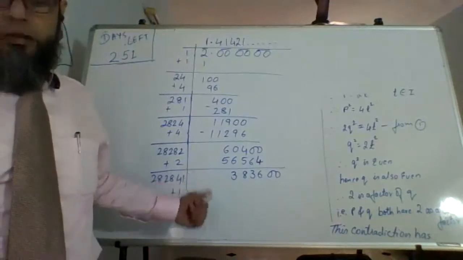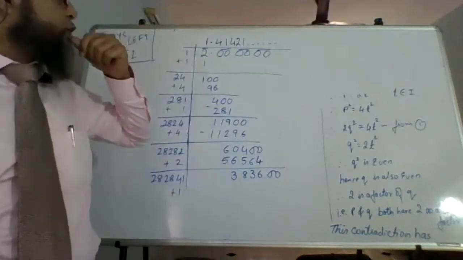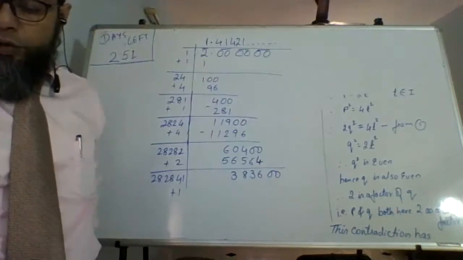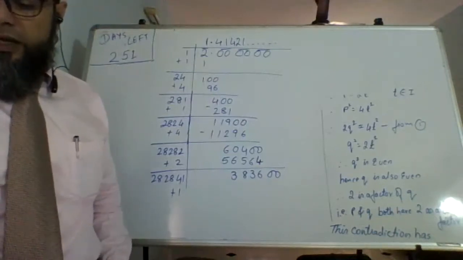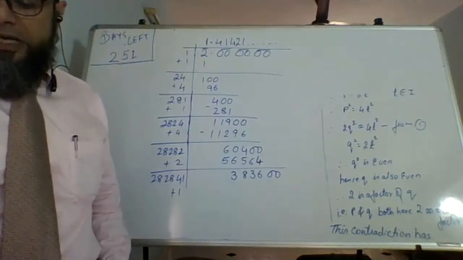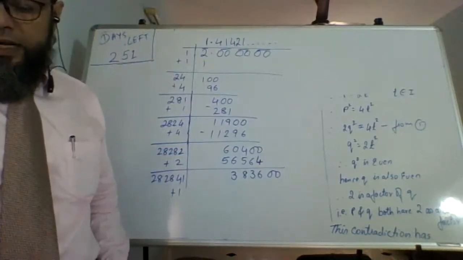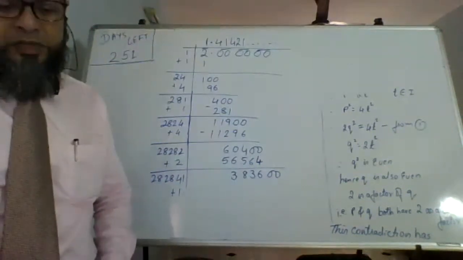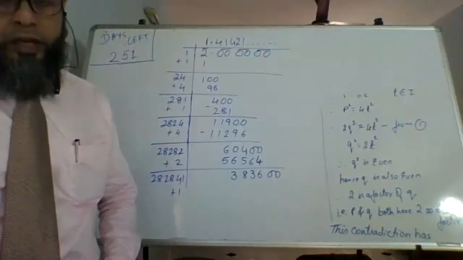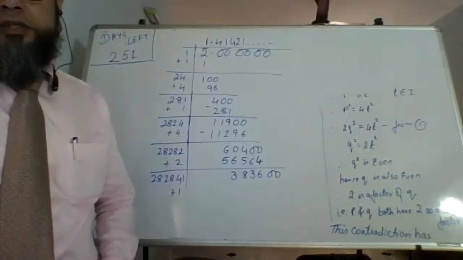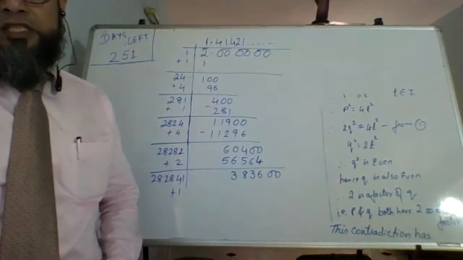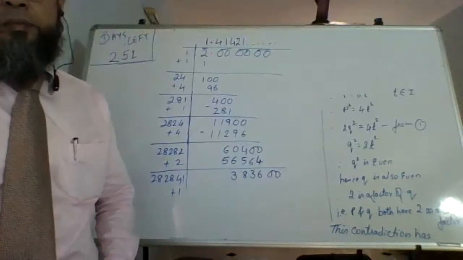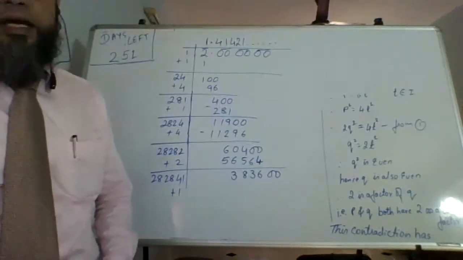Done till here? Now, just like we have shown over there, root 2 is irrational, or root 3 is irrational, or root 5 is irrational. Similarly, we can also show 2 plus root 3 or something, whatever, those are also irrational numbers. That means by adding or subtracting an irrational number, you will get an irrational number. By multiplying or dividing by an irrational number, you will get an irrational number.